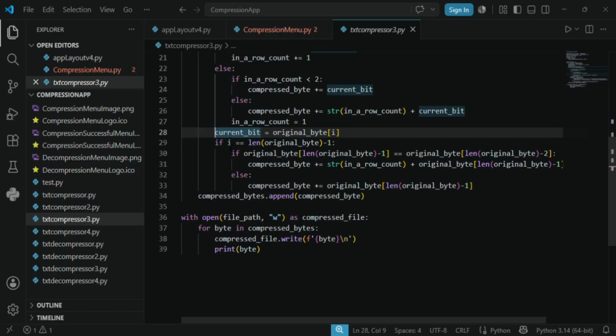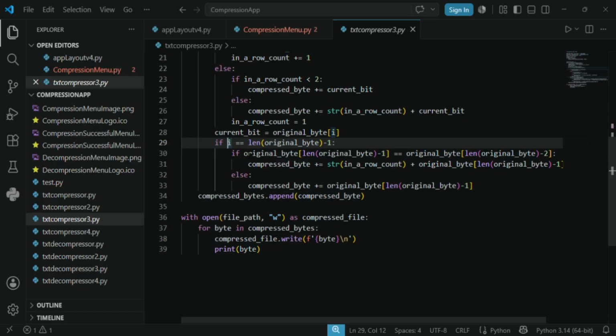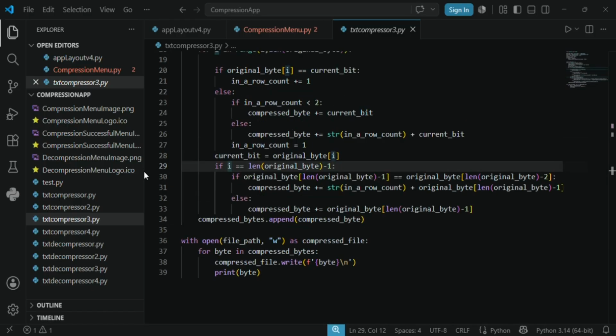So if we're at the index of the last character in original byte, then we check, let's see, this is hard to read. Then we check if the last character is equal to the second to last character. If it is, then once again it adds to compressed byte the inner row count,